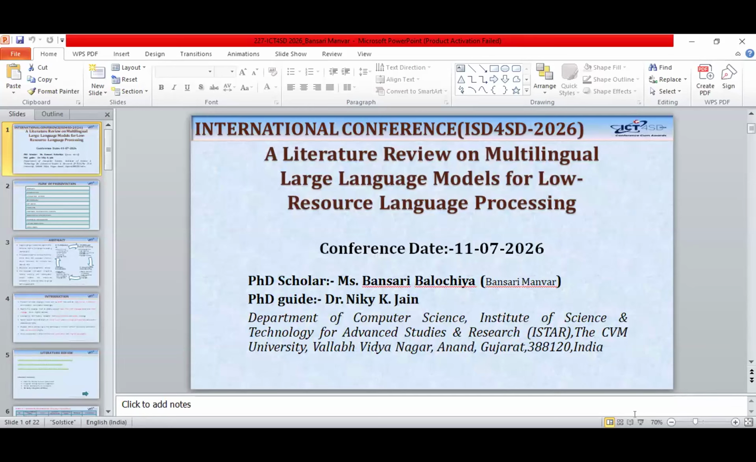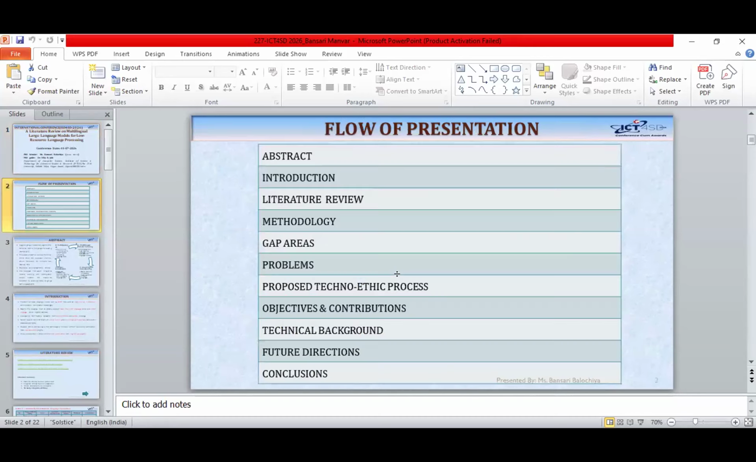Very good morning, all. My name is Bansri Manwar. I am a PhD scholar from iStar College, CBM University, Anand, Gujarat. And my presentation topic today is a literature review on a multilingual large language model for low resource language processing. My agenda for this presentation is first the abstract, then introduction, literature review, methodology, gap area, problems,